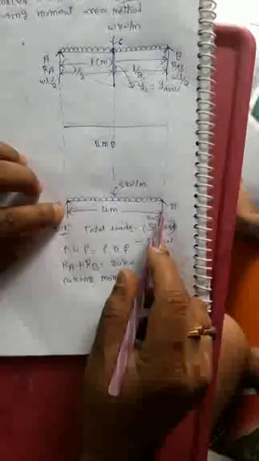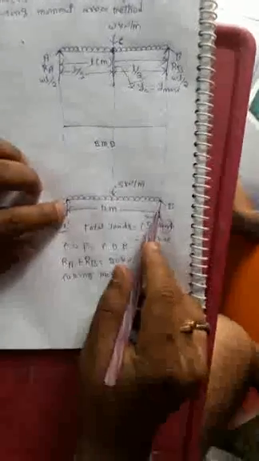Taking moments about A. From A, loads are coming from B. Between B and A, there is one reaction and one UDL. The reaction span length is 4 meters and the UDL span length is again 4 meters. So this is the reaction coming from B to A, taken over a span length of 4 meters.